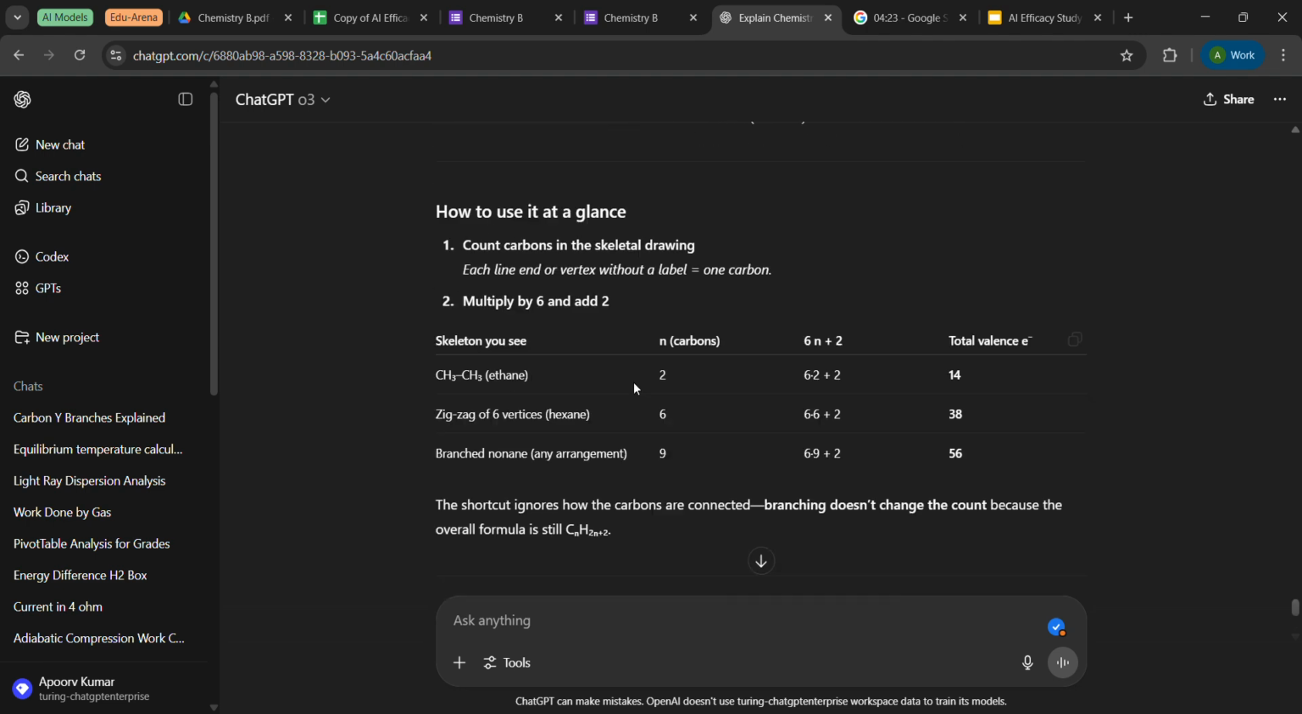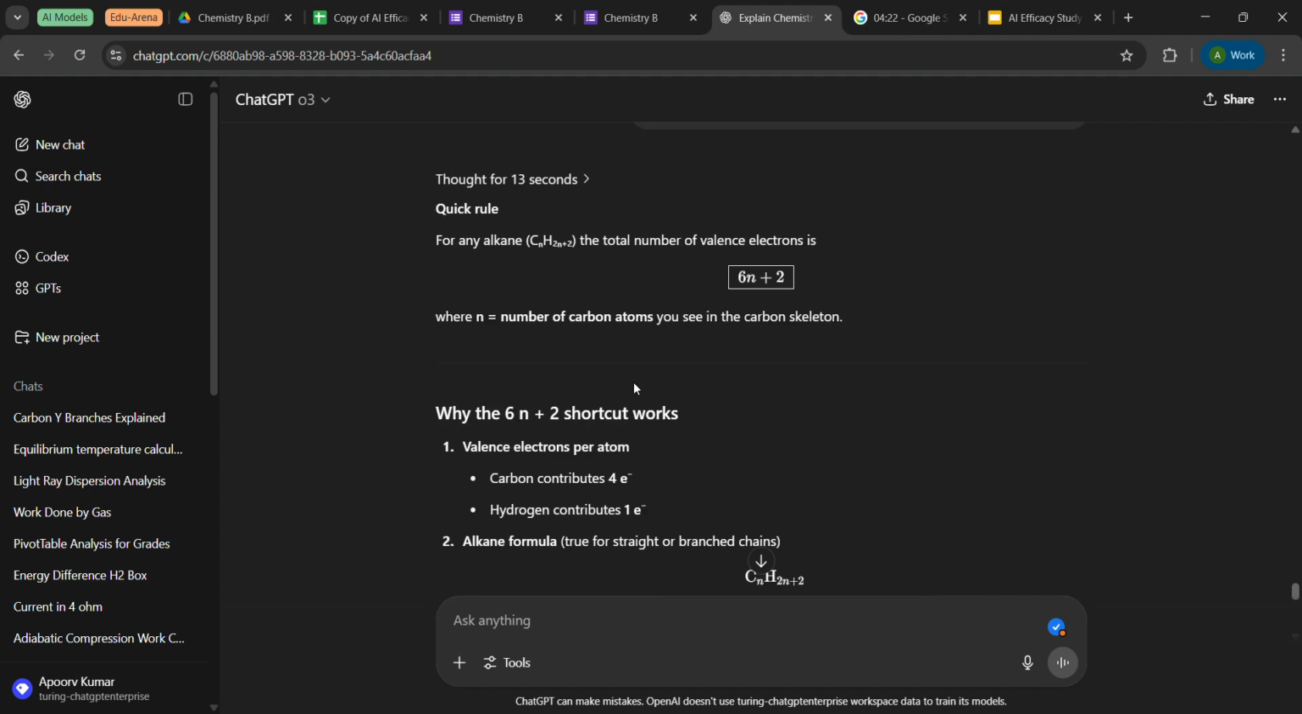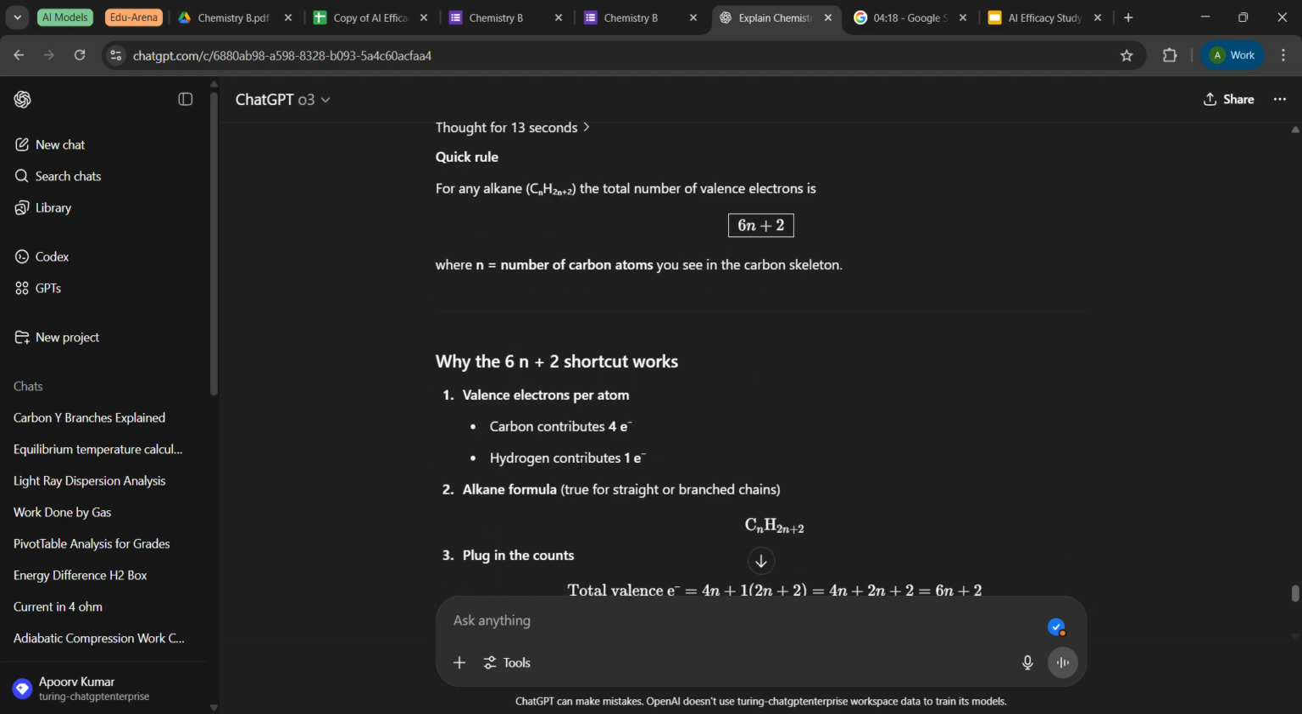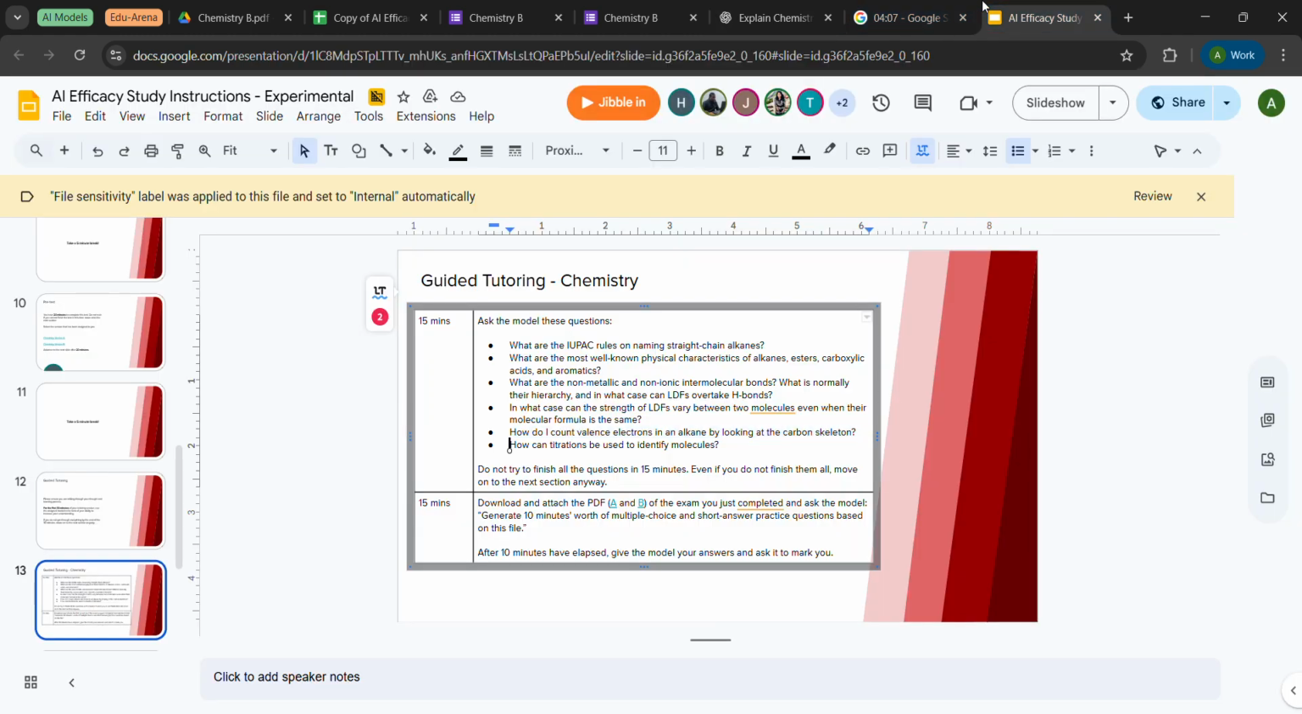Or I'll just follow this. That is, each carbon contributes 4 electrons and each hydrogen contributes 1 electron. Next,